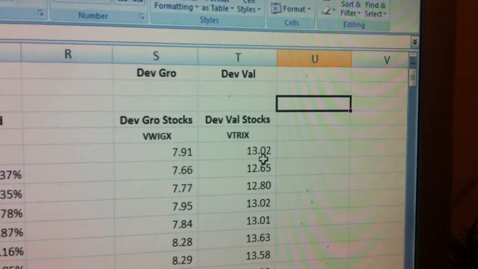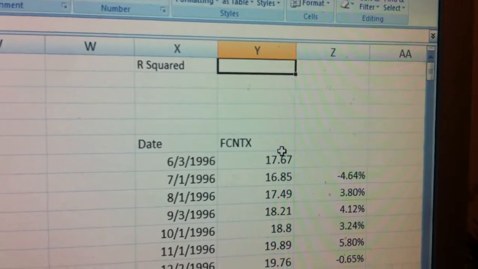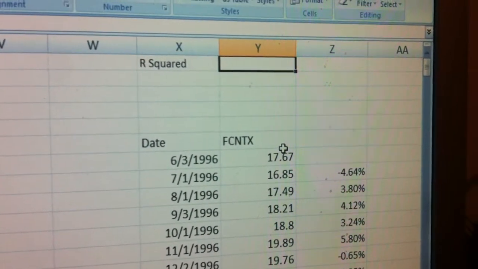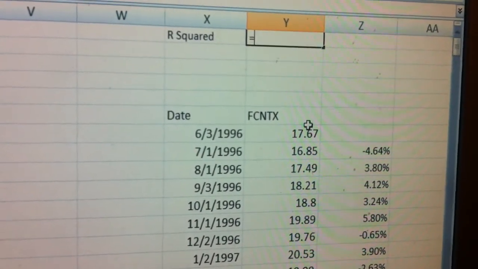And then go back off to the right, back to column Y, X and Y. We're going to calculate the R squared. The formula for R squared is exactly the correlation formula and then squared. So we're going to do equal